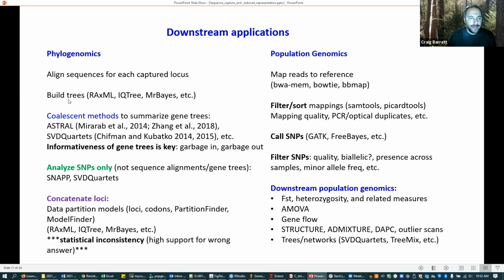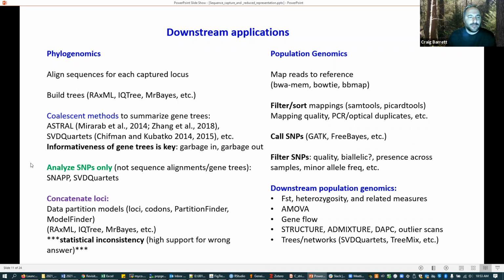There are lots and lots of different ways to build trees. It turns out that with sequence capture, building your gene trees and getting good gene trees is really important, right? And then once you have your set of, say, 500 gene trees, you'd use some kind of coalescent method to summarize those gene trees and get an estimate of your species tree. A very common one is ASTRAL in its various derivatives. Here are two of the citations for ASTRAL. You could use something like SVDquartets, which can be used on a concatenated alignment, for example. So it's a different approach to coalescent